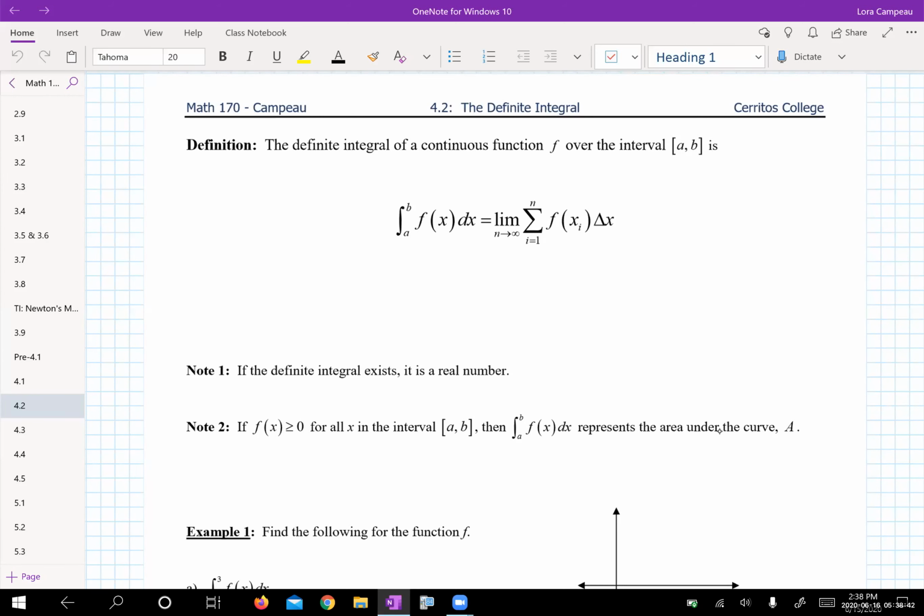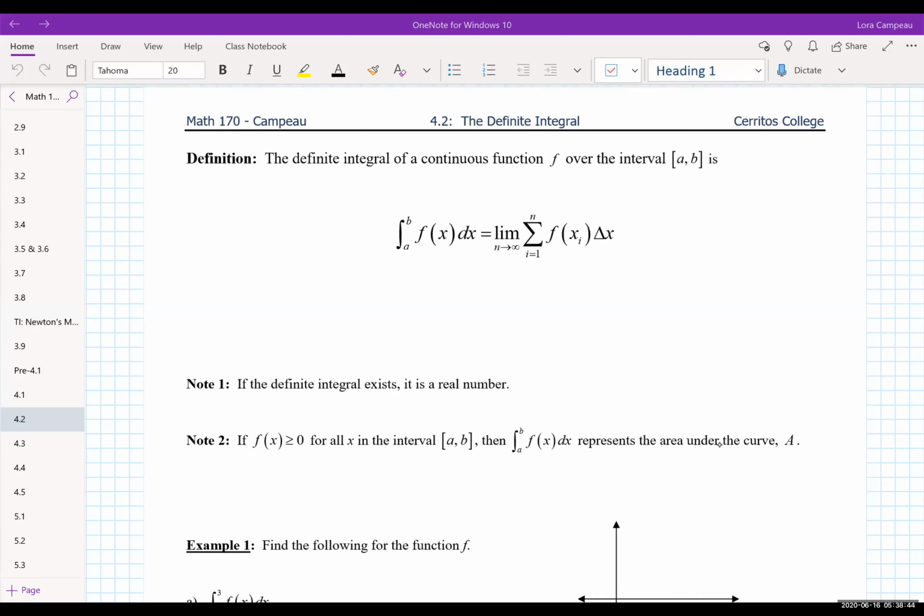Welcome back, Math 170. We're going to build on 4.2 and finally introduce the integral. So we'll start off with the definition right away. We're going to talk about the definite integral of a continuous function f over the closed interval [a, b], which is defined